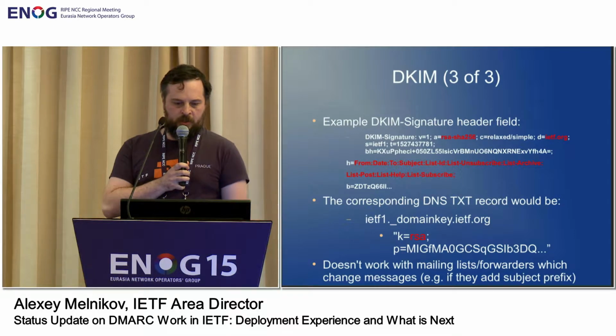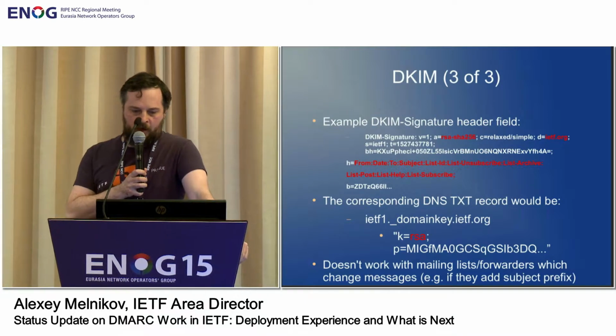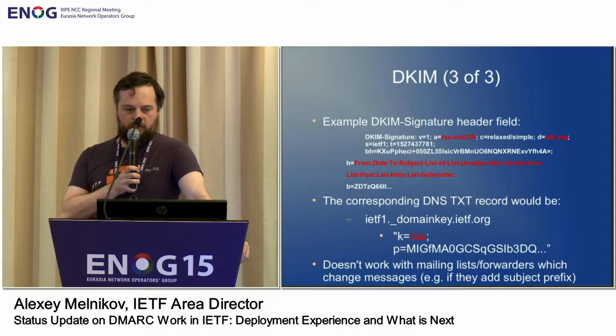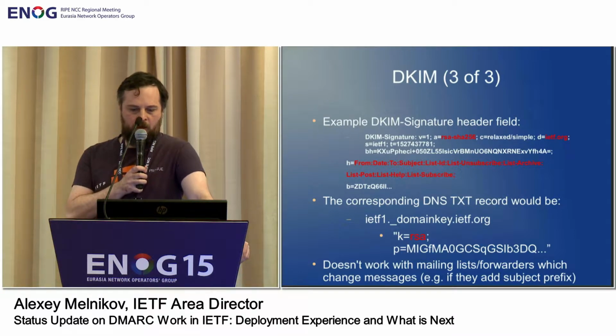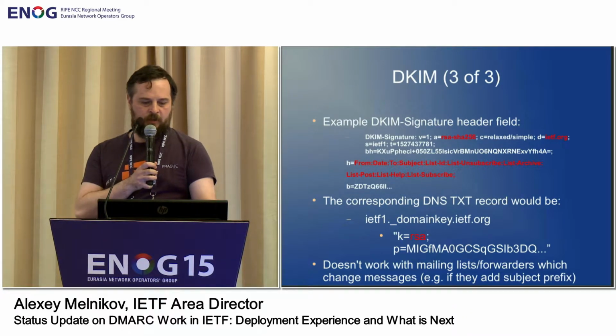So this is how the DKIM signature header field looks like. It's a set of attribute value pairs. For example, a equals designates the cryptographic algorithm used. d specifies the domain that generated the signature. s specifies the selector, so the domain can have multiple signing keys, for example, for different purposes, so for subdomains. h specifies which headers were signed. b is the signature itself,